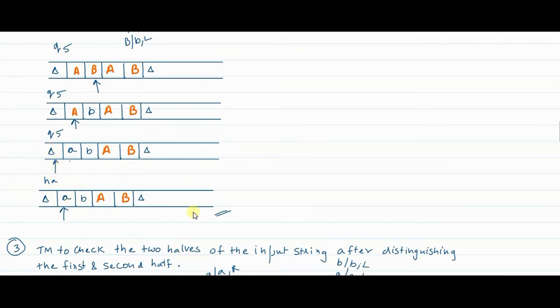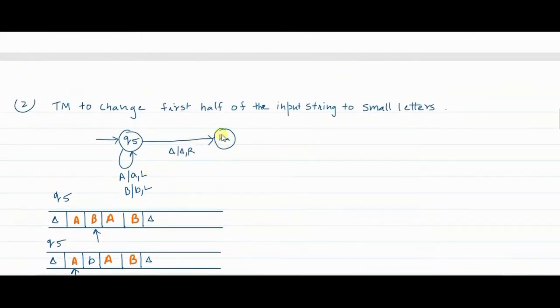So at the end of Turing machine 2, this is the configuration of the tape, where the first two elements are now changed to small case alphabets and the pointer is now pointing to A, the first symbol. We are going to the halting state. Now again, the halting state of this Turing machine will be connected to the third Turing machine, which is going to compare both the strings.